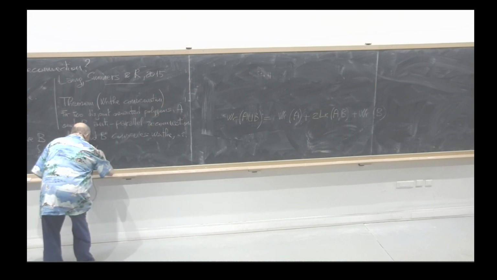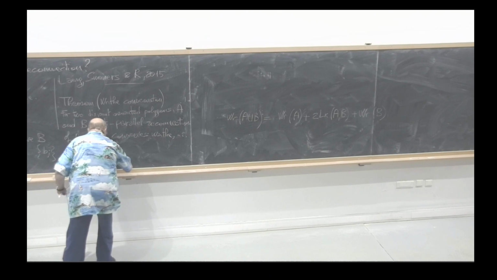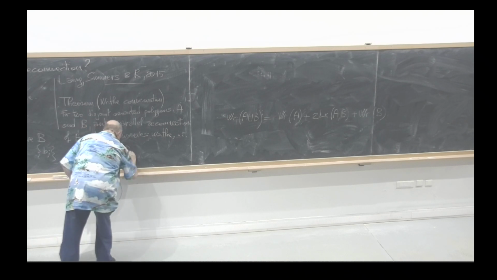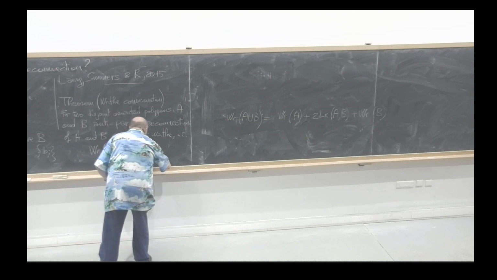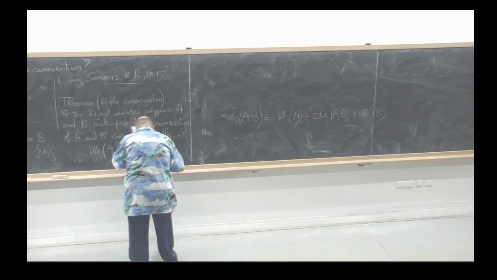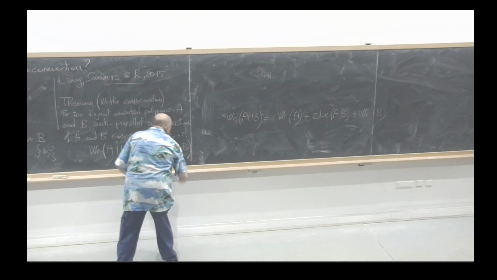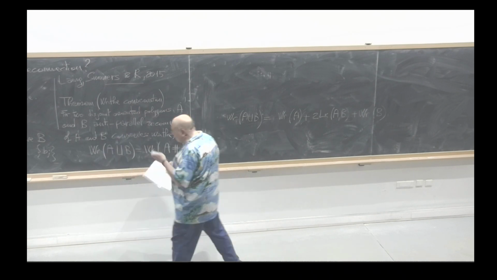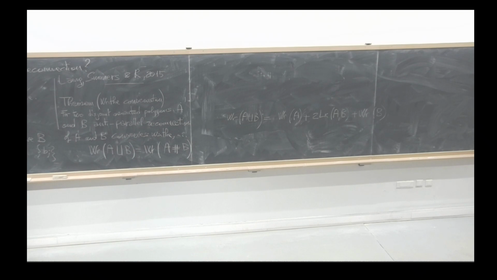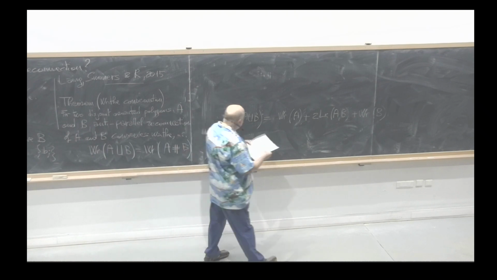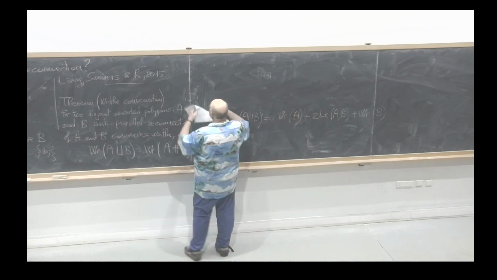Writhe of A disjoint union B is equal to the writhe of the connected sum of A, B. Okay, the proof is very simple. The proof relies on the fact that I consider this center line given by equal length polygonal curves, same length edges, and then I also assume that polygon